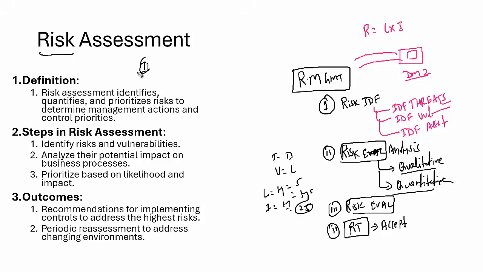I will lose $740. But I'm getting a second attempt free, and if I pass, I'm getting a hike of $7,000 because training cost is very, very expensive. So I'm going to accept the risk. I'm not going to implement the control. So that is called risk acceptance. And remember that it is a business decision.